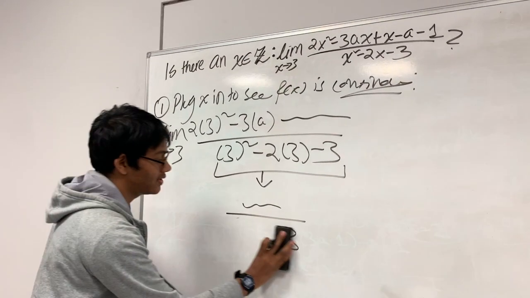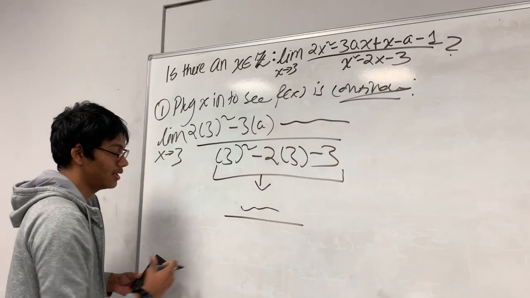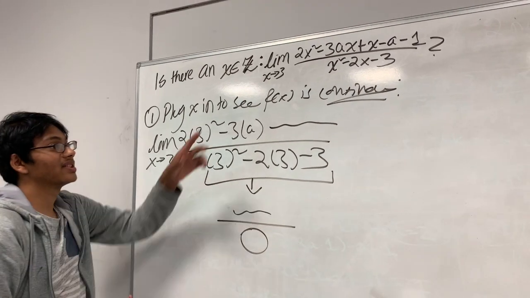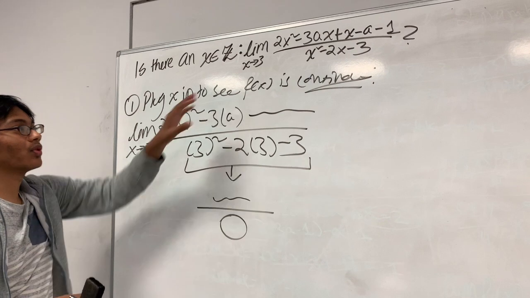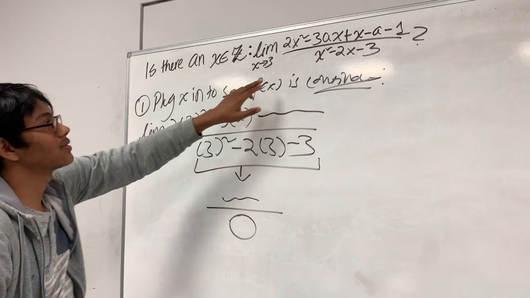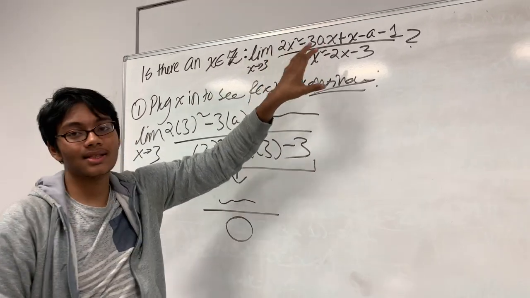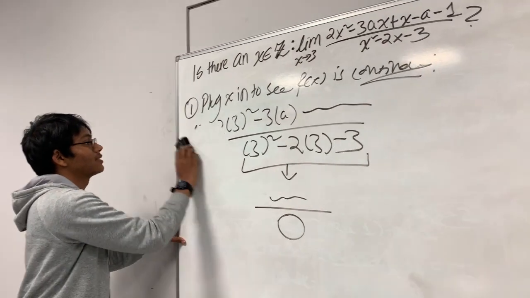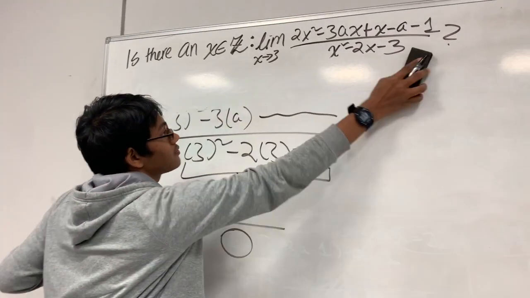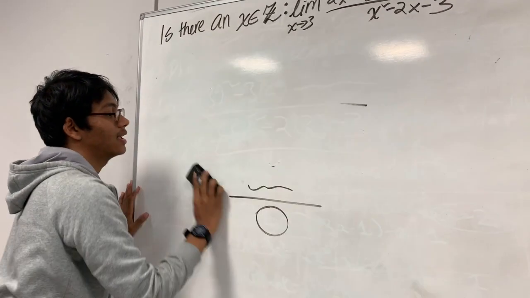Now you can't have zeros in the denominator, which is why it turns out that the limit of this function is undefined. But that's not the question. The question is not what the limit is. The question is what value of a makes this limit defined. So we have to find that value of a. So how do we do that? Well, it turns out that